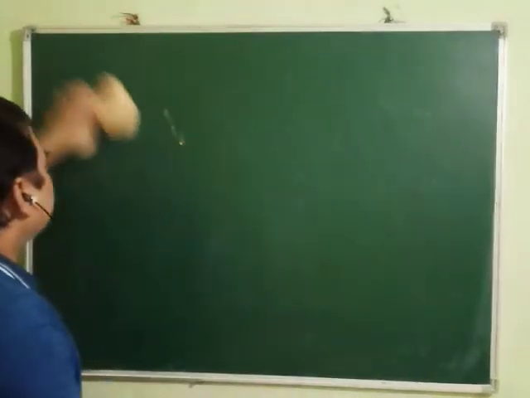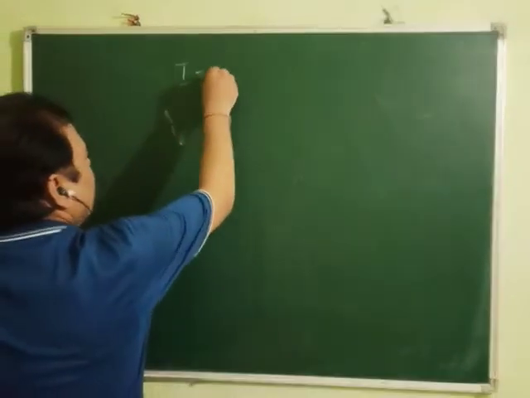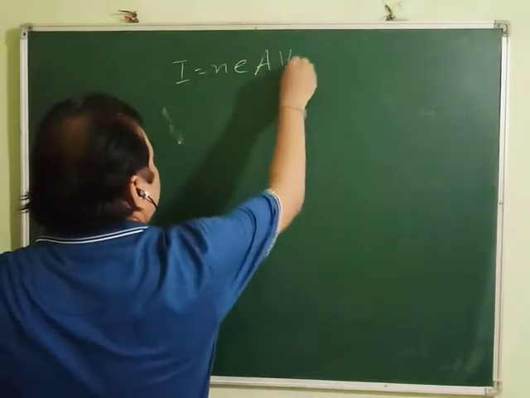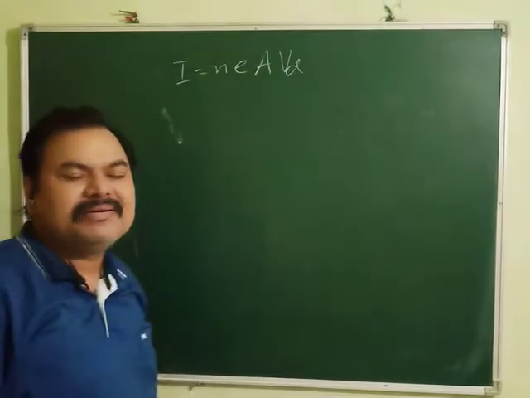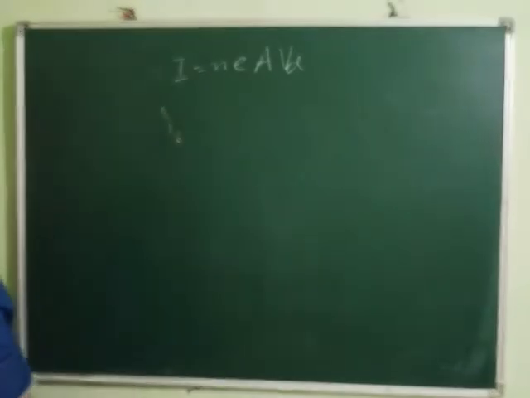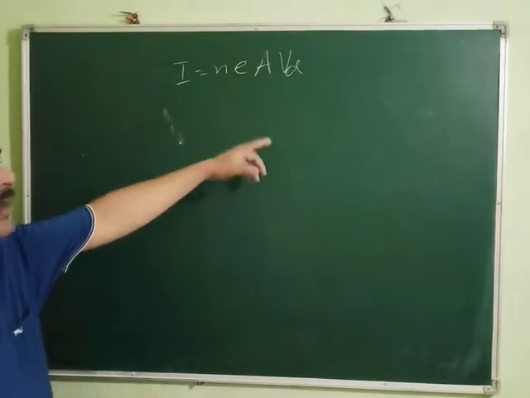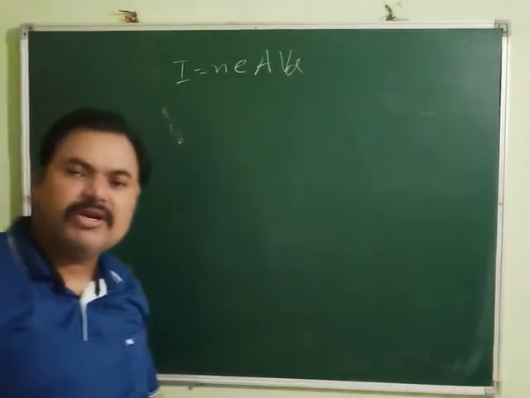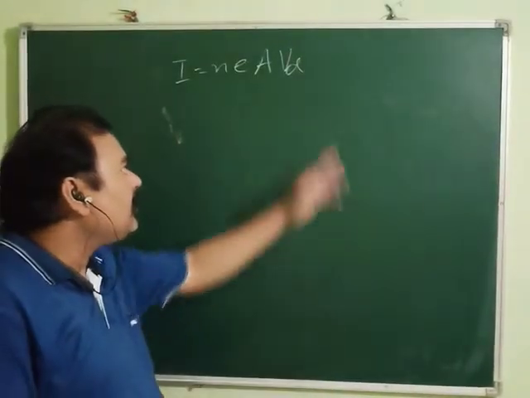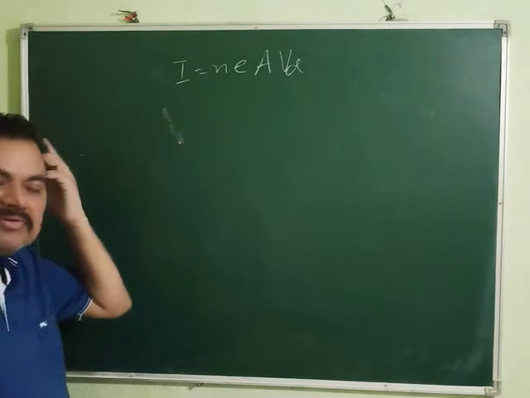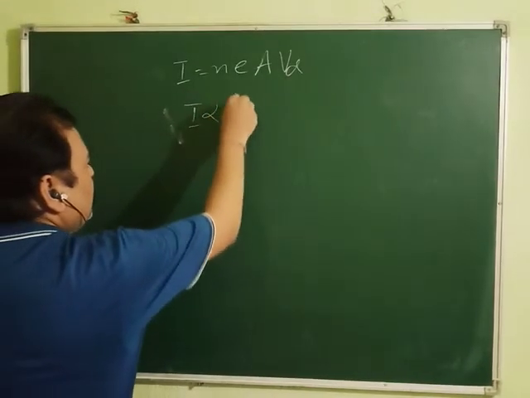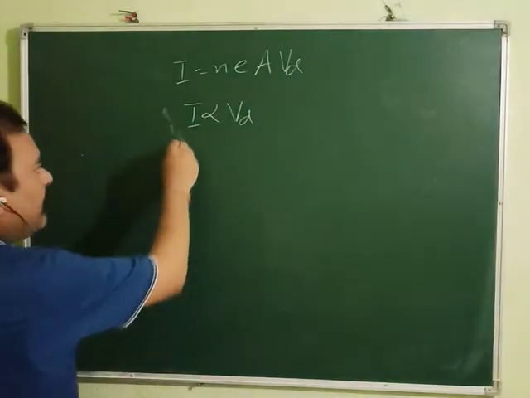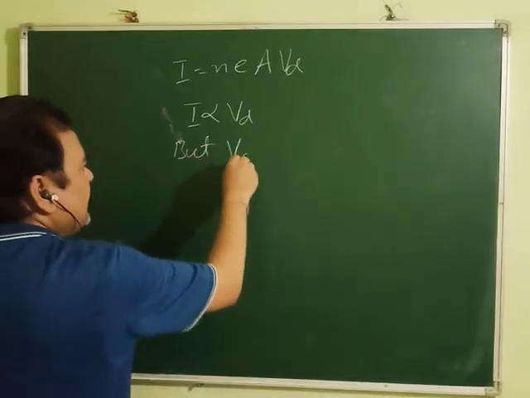What we have got is I = n e A v_d. Now see, n is the number of electrons per unit volume for a conductor. It obviously depends on the nature of the material. For a particular material, n is constant. The charge on an electron is also constant for a given material. Area of cross section, obviously for that conductor, is the same. Drift velocity may change. So we can say from here I is proportional to v_d. But v_d depends on temperature.